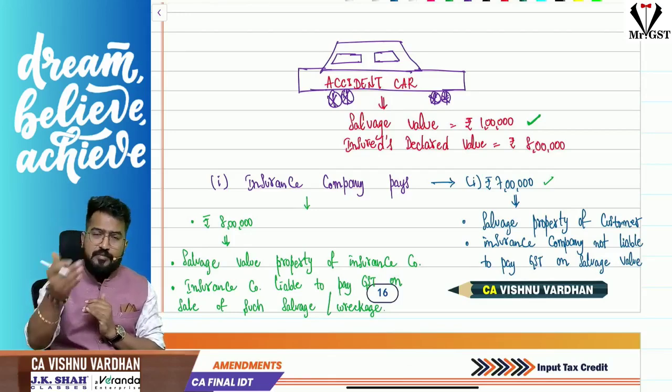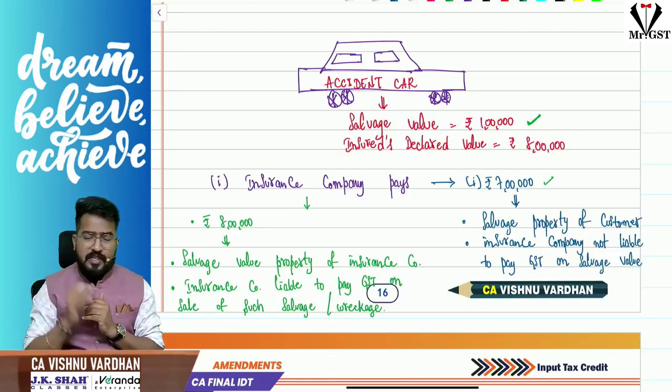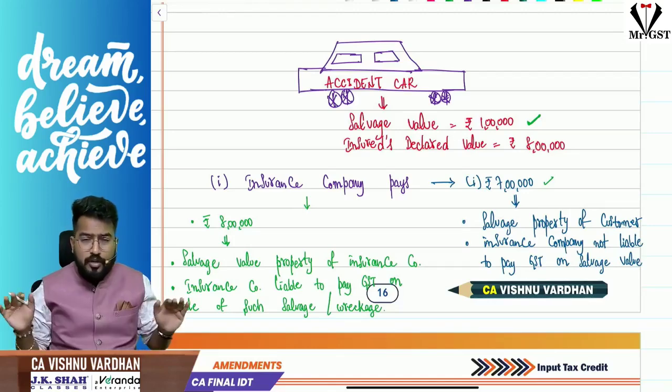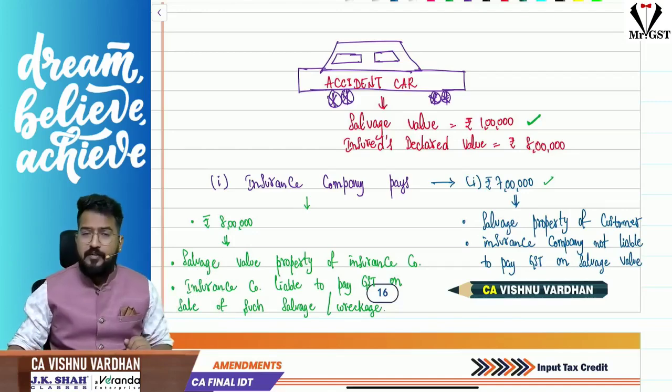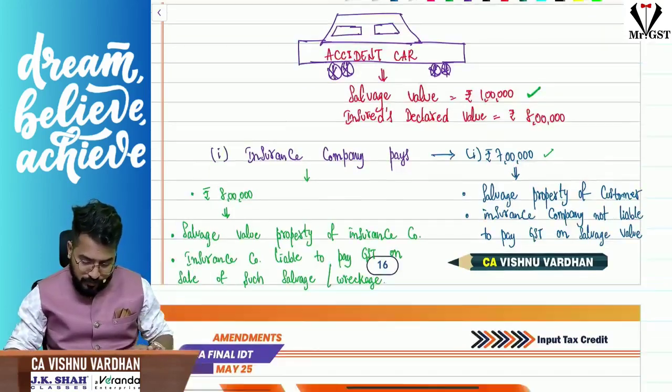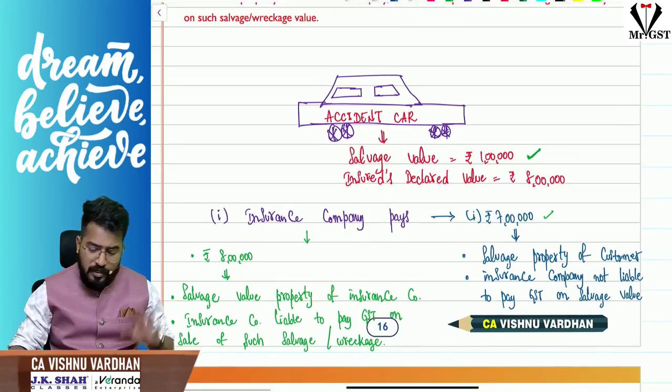So if that is disposed of, GST liability will be on him based on other conditions being fulfilled, but not on the insurance company. So that is the concept, right? So with this, we are done with this particular clarification also, and hence we are done with value of supply